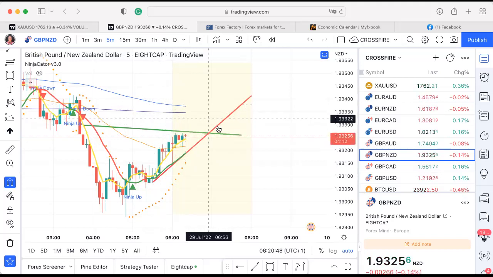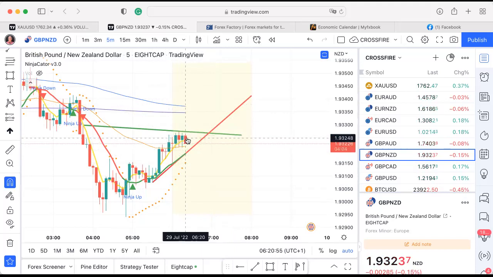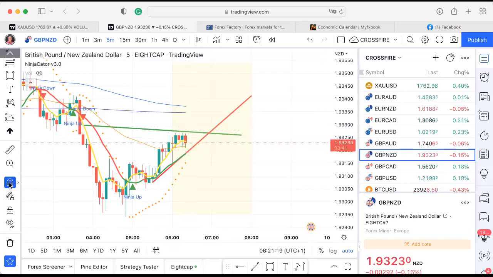Now, what I'm thinking when I'm looking at this is we're in a ninja up, and it's looking likely that price will either bounce off that green trend line, as it seems to be doing at the minute, or it'll break through the green trend line and start to head upwards. But my concern is that if it does break through the trend line, it's going to bounce off this first moving average. And I'll take the magnet off because that sometimes causes problems.